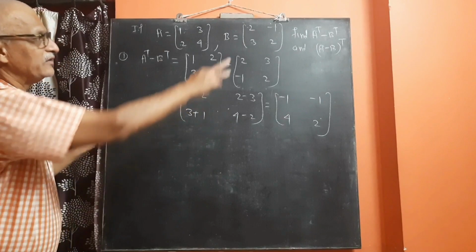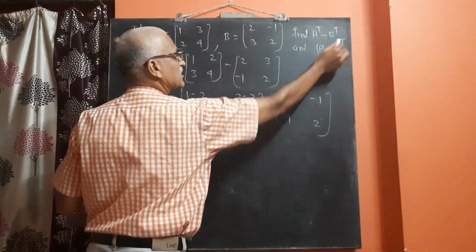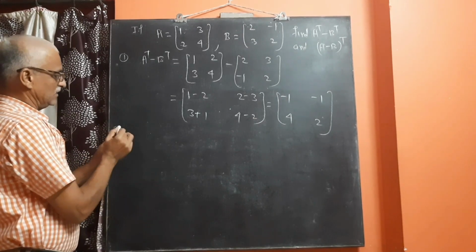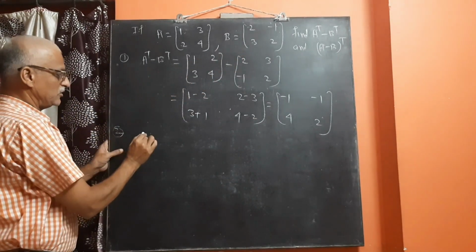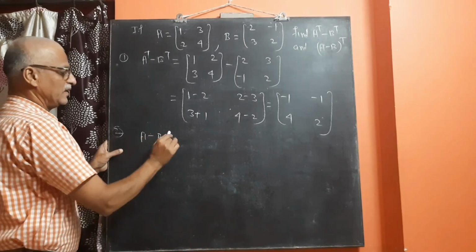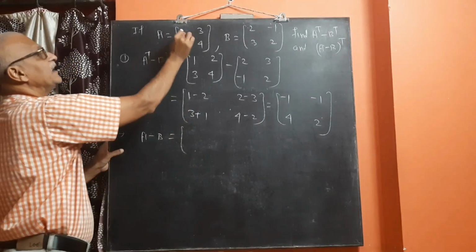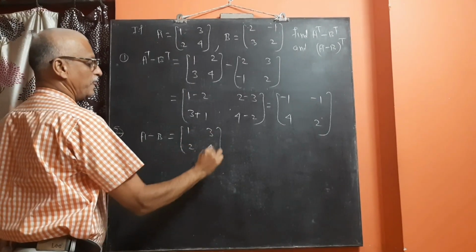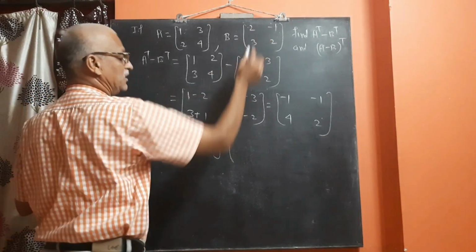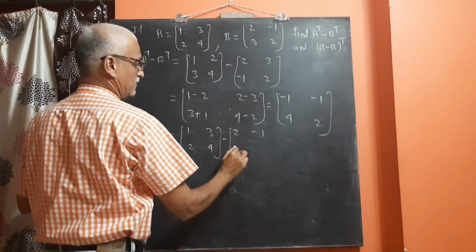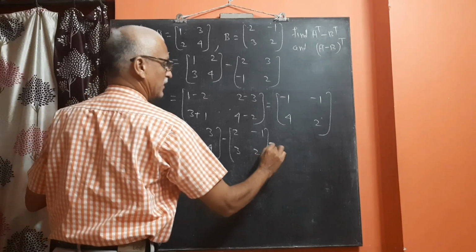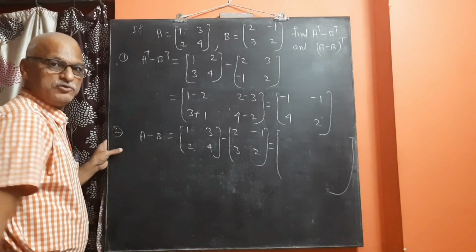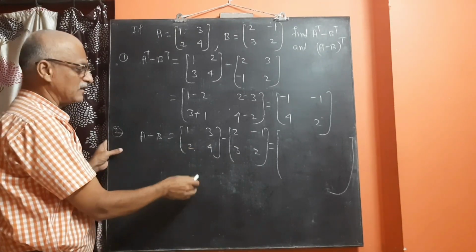Then comes the second value. For A minus B the transpose, first we have to find out the value of A minus B. So A minus B, A is 1 3 2 4, minus B, B is 2 minus 1 3 2, is equals to the subtraction of two matrices. You have to subtract two matrices. So again